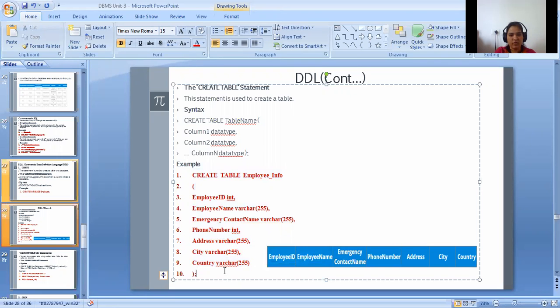After firing this query, we will get the table with employee ID, employee name, phone number, address, and the city as well as the country.